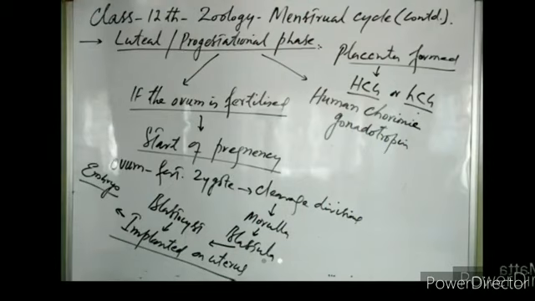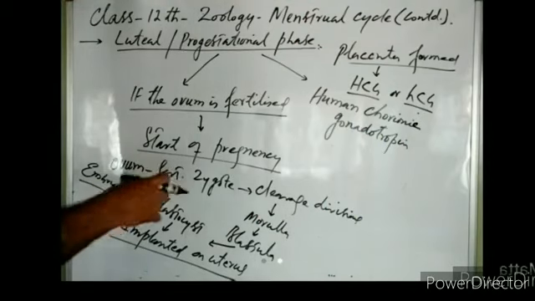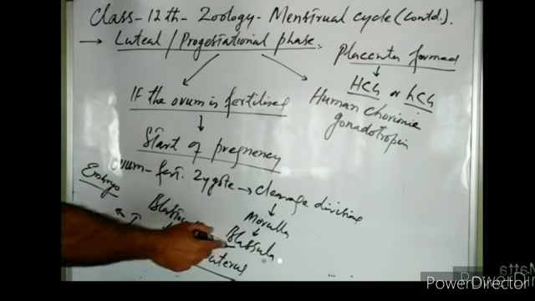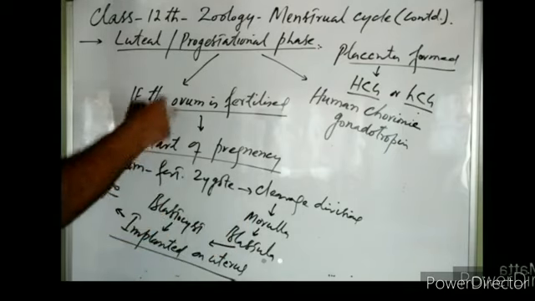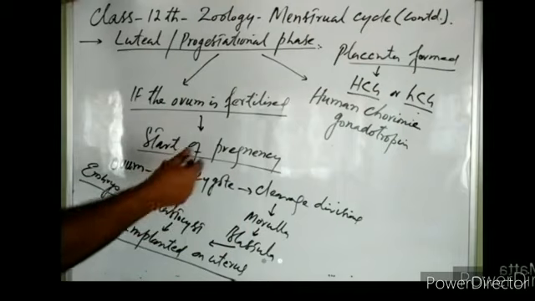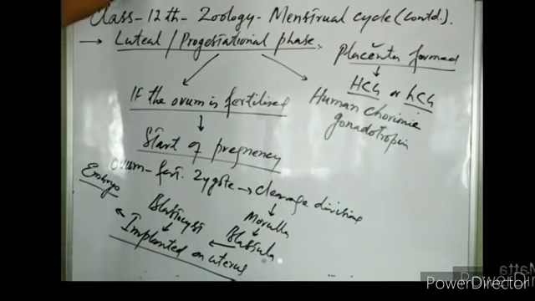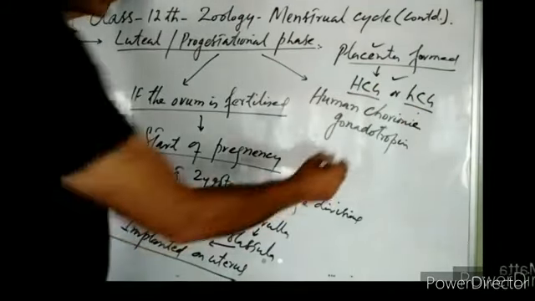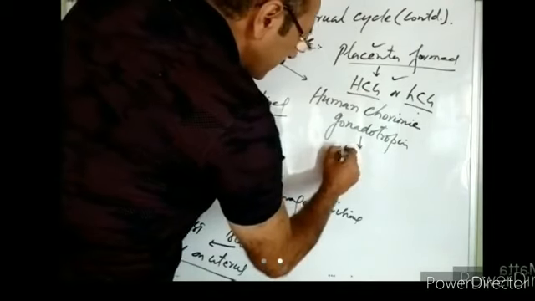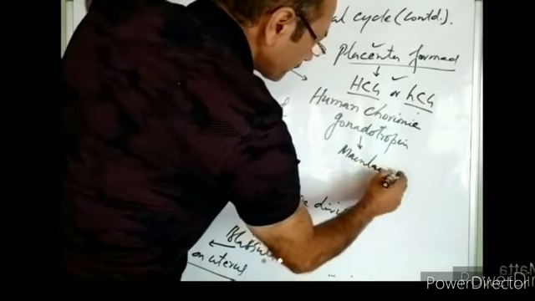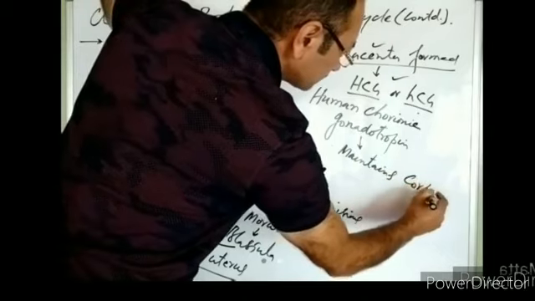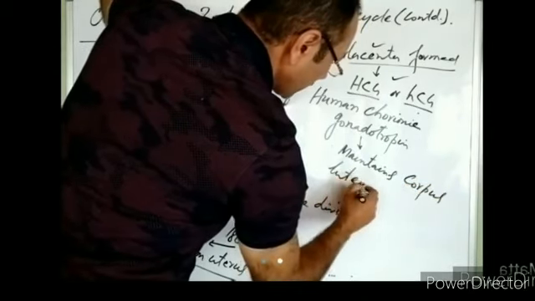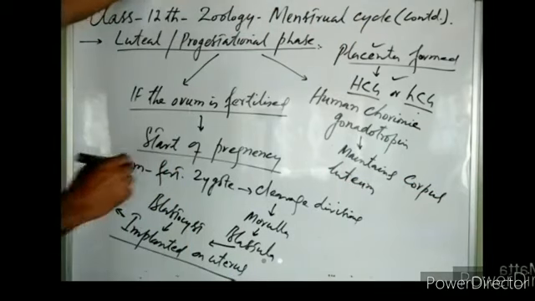So when the ovum is fertilized, it changes first into zygote, zygote changes into morula, morula into blastula, blastula into blastocyst. Then this blastocyst gets implanted. As the blastocyst gets implanted, it leads to the formation of placenta, right? As soon as placenta formation begins, this placenta starts secreting HCG, human chorionic gonadotropin. And this human chorionic gonadotropin maintains the corpus luteum. And when the corpus luteum is maintained, it continues